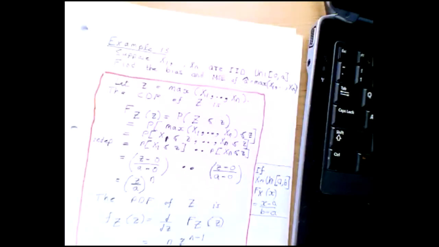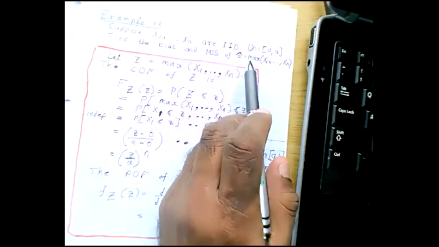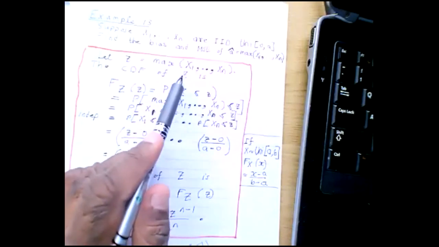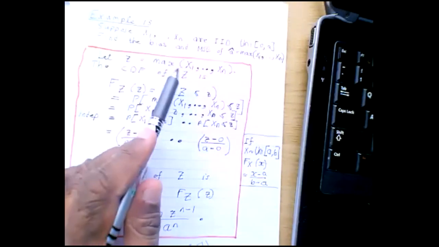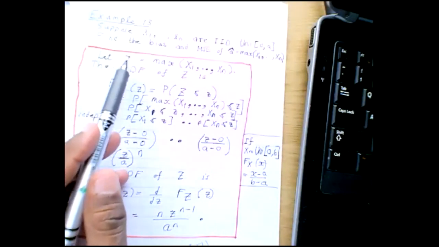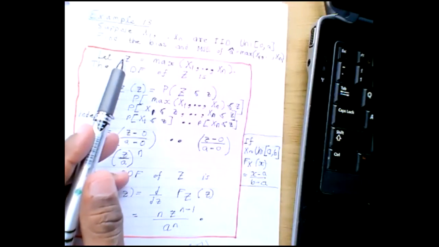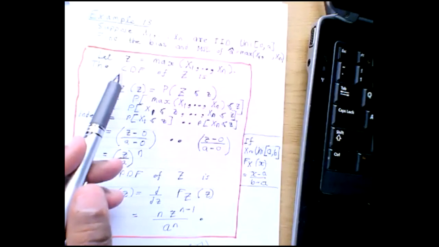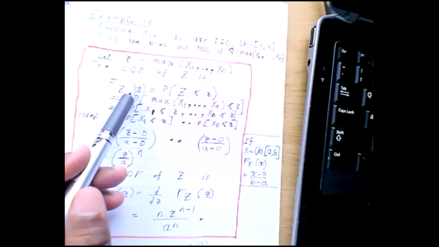Okay, so let me go through this one more time, if you did not follow. Every time you get a question that involves the max or the min, the first thing you must do is this step, the thing in the red: you can call the max or the min equal to some simple letter. It doesn't need to be Z. You can call it any letter from A to Z, right? And then you